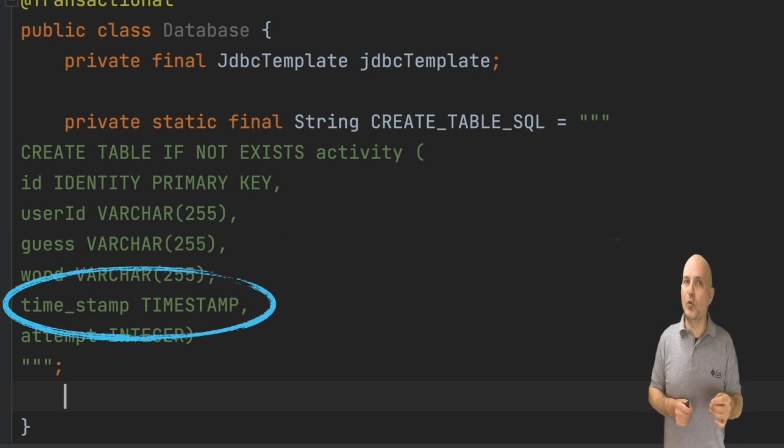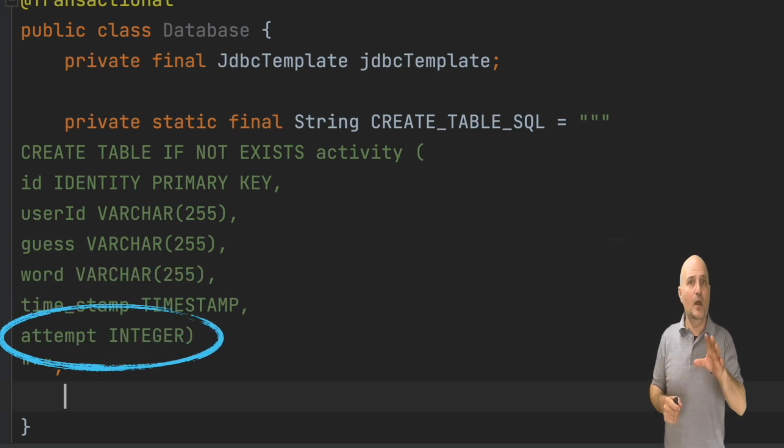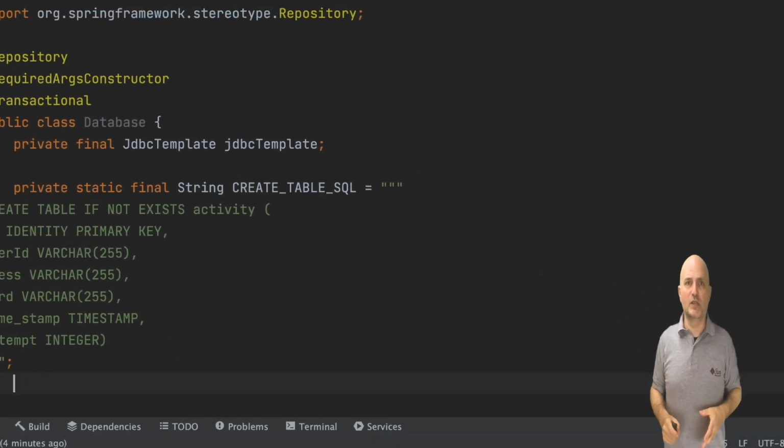We want to know when a guess was made, and we can use a timestamp for that. We also want to know the number of attempts. With all of this information, we can perform complex queries that would do things like calculate the average number of attempts made on Monday. Now that we have the data structure, let's define the other queries.